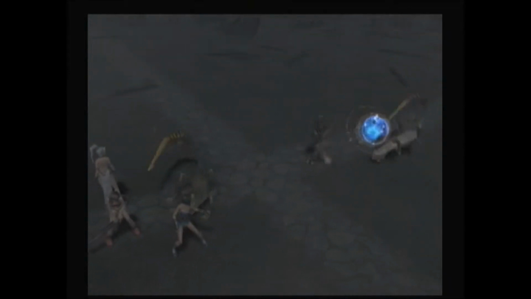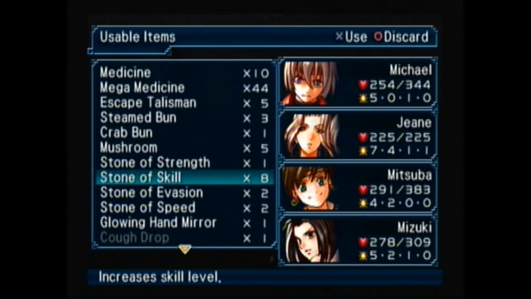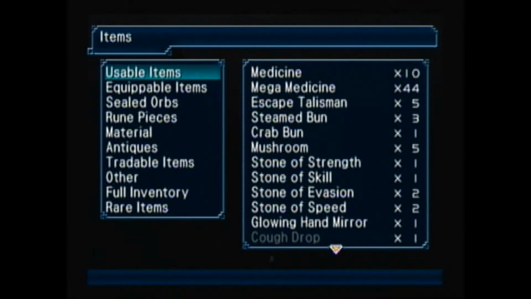I may have been able to take them down. Jean is great for crushing those things down because of her magic damage, which is insane, and paired up with a lightning rune, it gets really crazy. And here I would not recommend doing this, like I just did, these stones of skill,